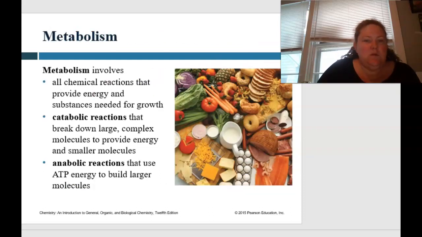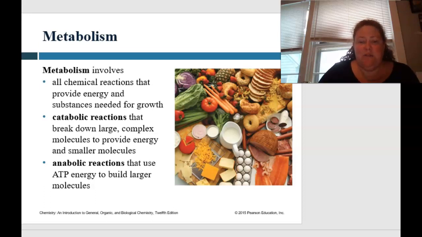So basically, for anabolic reactions, we are going to be building the ATP, catabolic, we're going to be breaking it down. So looking at metabolism, this is how our body breaks down different food groups. Metabolism involves all chemical reactions that provide energy and substances that are needed for growth and basic functioning of our cells. Catabolic reactions, again, those are the ones that are going to break down large, complex molecules into smaller molecules,